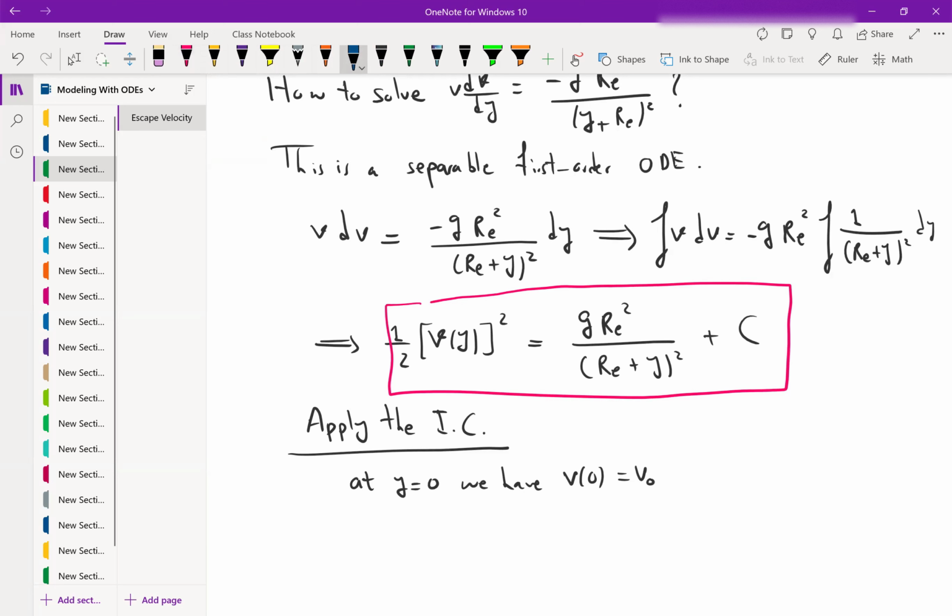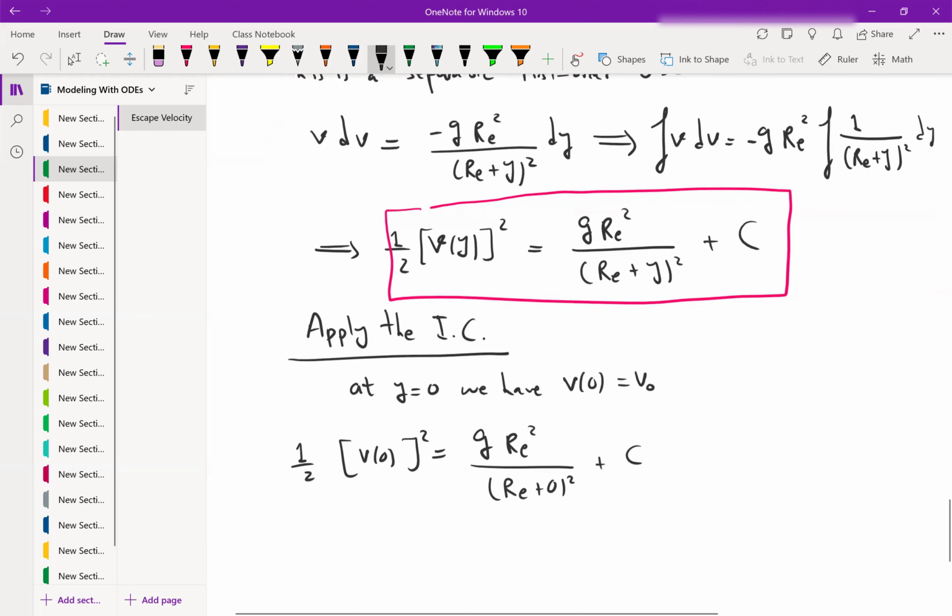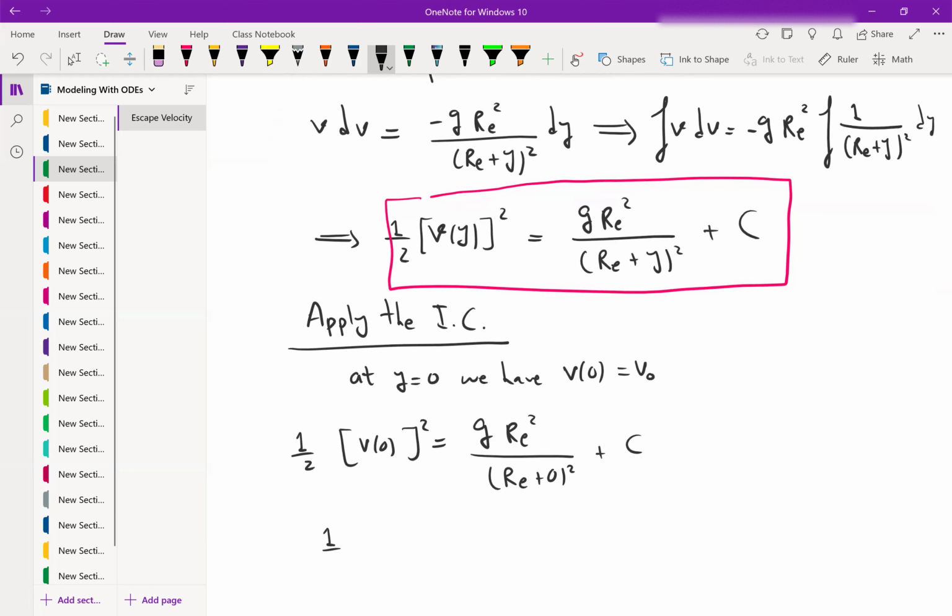So we have 1/2 v of 0 squared is equal to g re squared divided by re plus 0, plus c. So 1/2 v0 squared is equal to